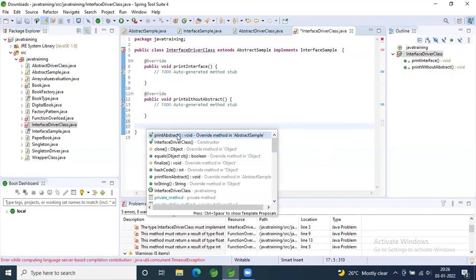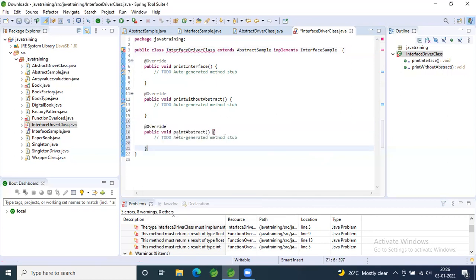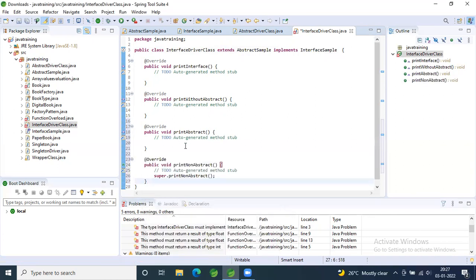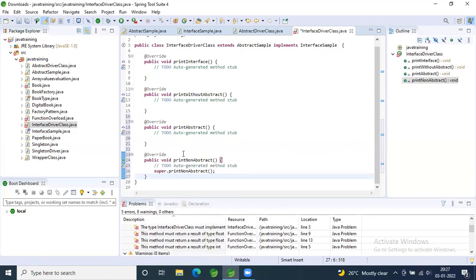Print abstract. Okay. And there's also one more method, right? It is mandatory to override all the methods inside the abstract sample class. If your method has an abstract keyword, you need to override it. Otherwise, you don't have any logic, because in your abstract class, can you go to abstract sample?